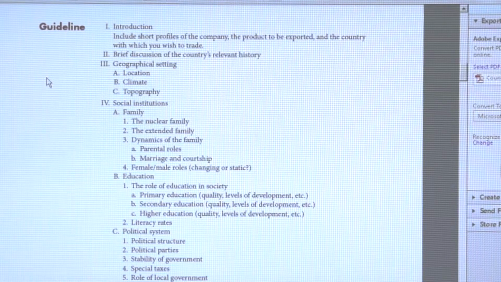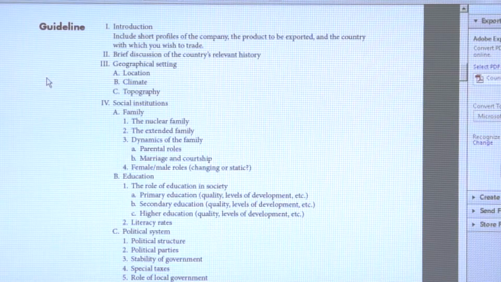All sorts of other types of biases can find their way in there, much more so than, say, a juried work. But in any event, next comes geographical setting, location, which can have an impact on some products: climate, topography. So for example, is Poland one huge flat plain? Is it all mountains like Switzerland with valleys and rivers? Is it all fjords like Norway? Tell us. This can actually have a big impact on things like distribution, preferences, etc. Next up would come things like the family, and in the text they give descriptions of nuclear and extended family.